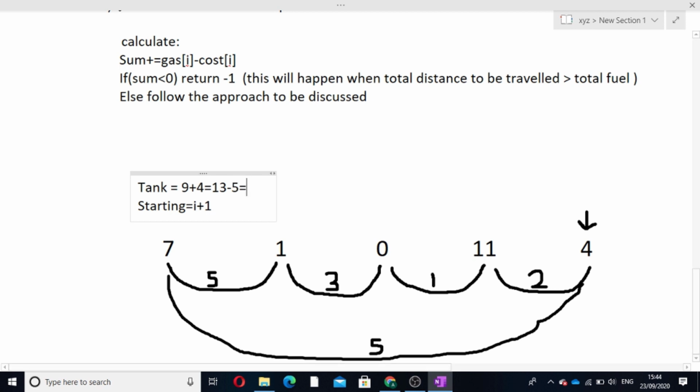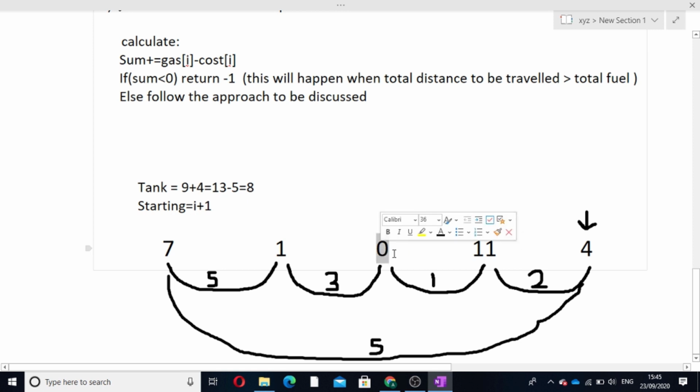Now the capacity of the tank when we are at this index will be 8. We have already seen earlier that if we consider this as the starting point, the initial capacity of the tank will be 0, and we can move at most to this index. So now in this case, when we are at this index, the initial capacity of the tank is 8, so it will only add up to this capacity, and it will only help in moving further beyond